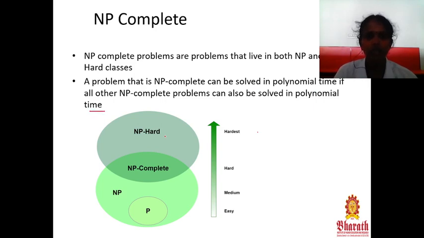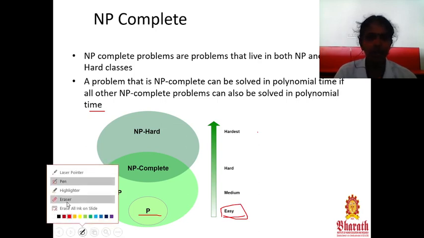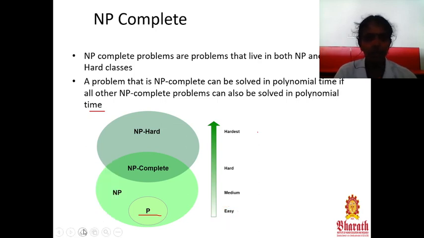This is the schematic representation. Consider P is easy to solve and easy to verify. So it is an easy stage; I can solve it easily. Next is NP problems. An NP problem is hard to solve and easy to verify. If solving is hard, I can still easily verify that problem. So I can say the NP problem is medium, neither easy nor hard.